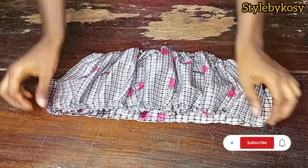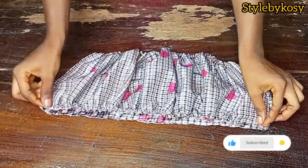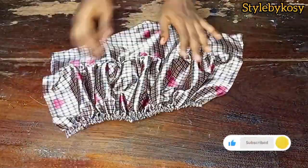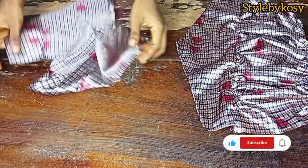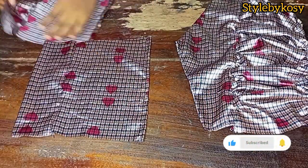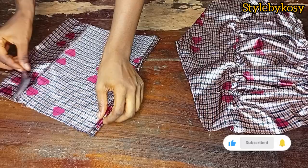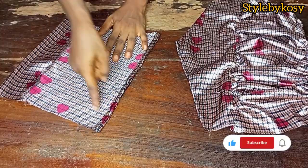Now you're going to place the upper side of your front piece this way, place it this way, go ahead and sew. Okay, so I will also set the rough part later. So this is what I have here, guys, and this is the back as well. Next thing is to match both pieces for the back, make them together this way,